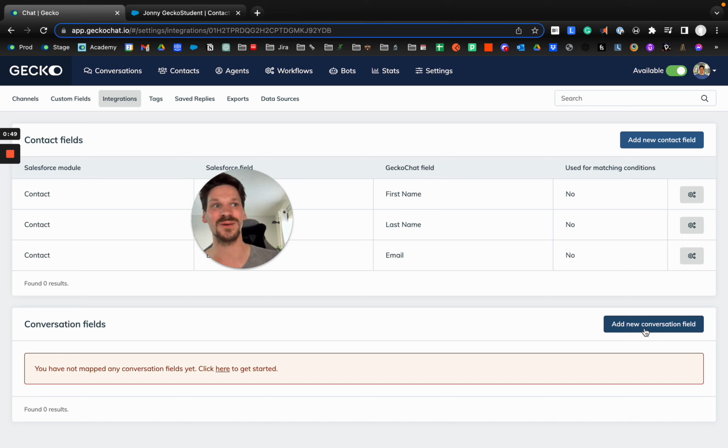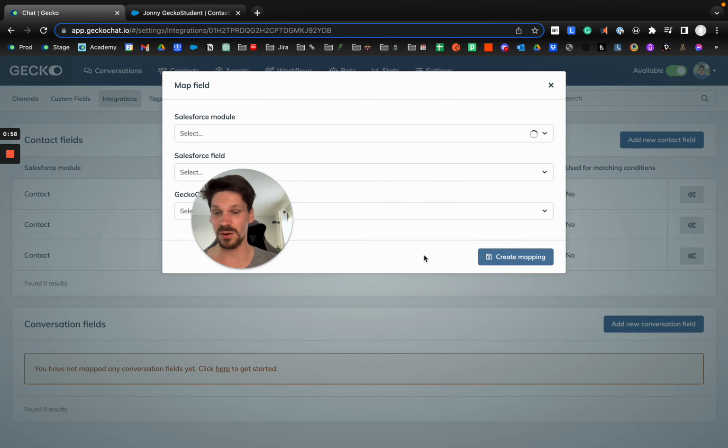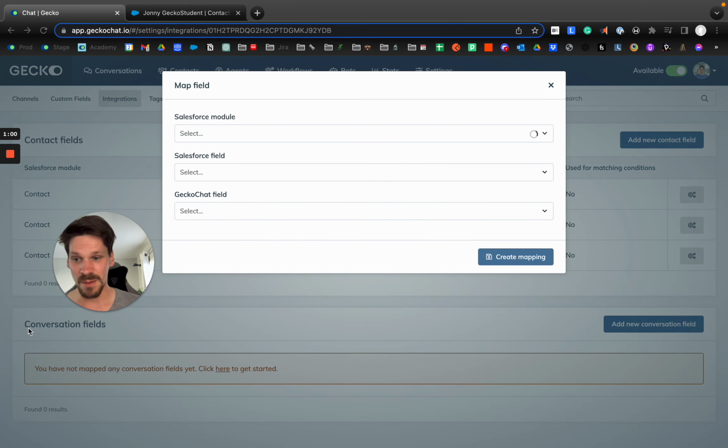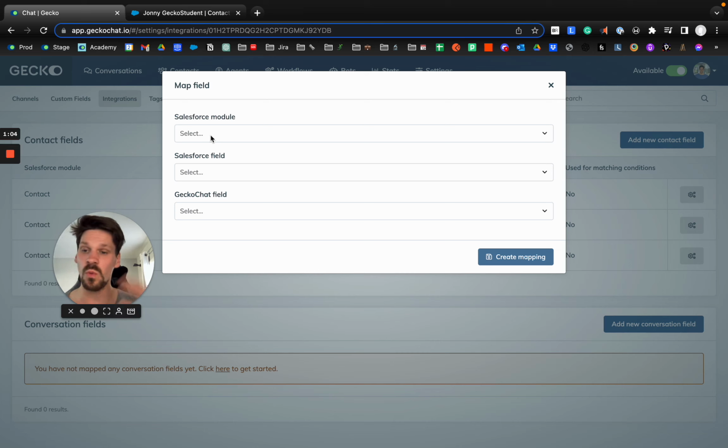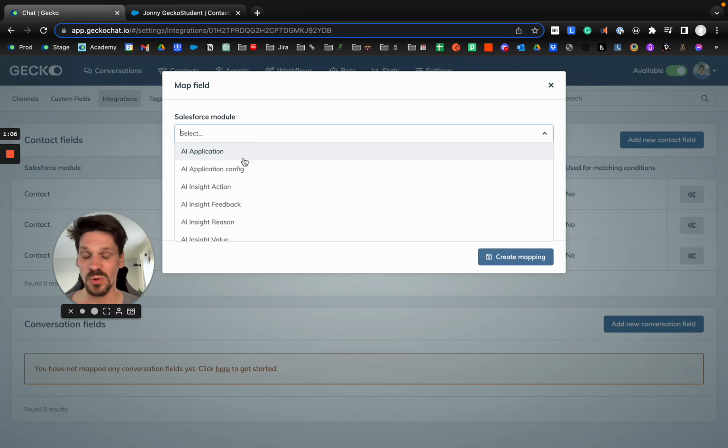We didn't want to be presumptuous. There are so many different places you could theoretically want to push information to in Salesforce. So we decided to leave the options entirely up to you. Begin by clicking Add New Conversation Field, and then choose where in Salesforce works for you and your organization for